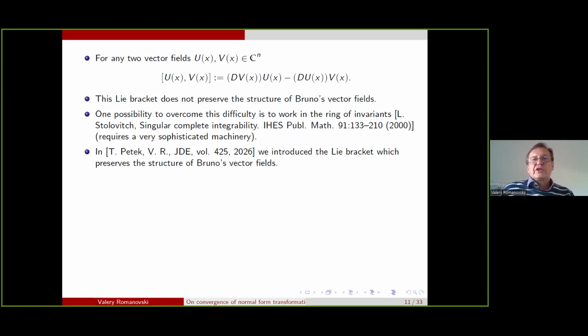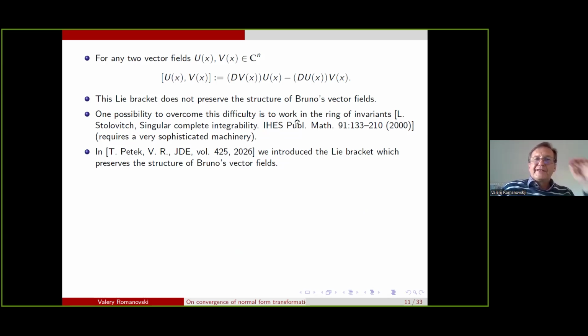I would like to say that in fact Bruno's proof of convergence is very complicated. I discussed this proof with many very prominent mathematicians, and all the people with whom I discussed said that they were not able to understand the proof of Bruno. Of course, I did not. I think some people who understood the proof have passed away, because it was given in the 1970s. But of course, there are some people who understand. And one person who understands this perfectly is Laurent Stolovitch, who wrote many papers, and most important, I think, maybe this one,